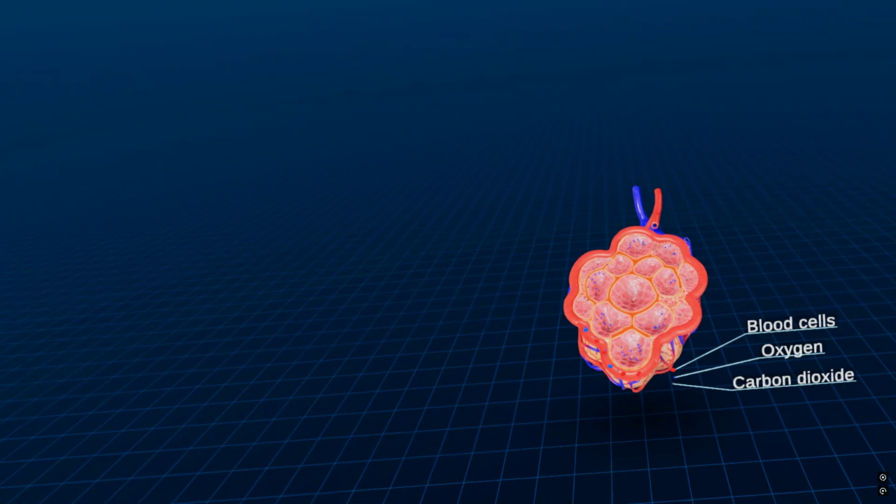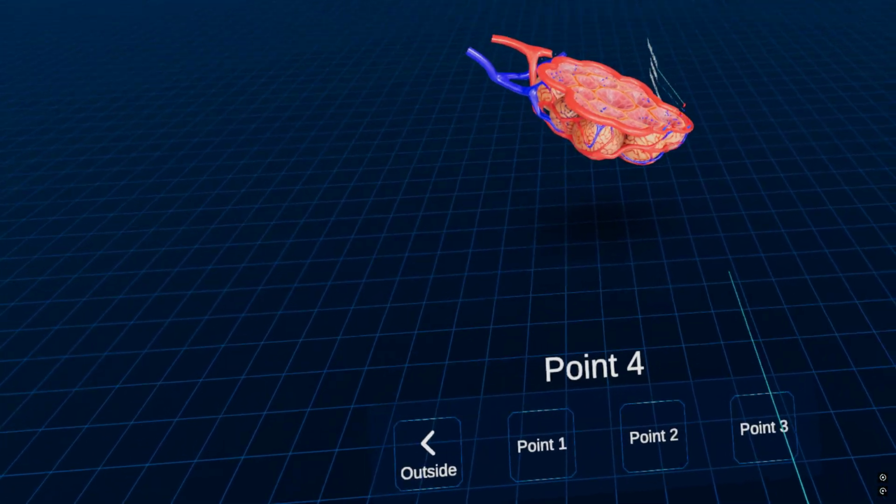Page 1. Transport of gases. The transport of O2 and CO2 by the blood is often referred to as